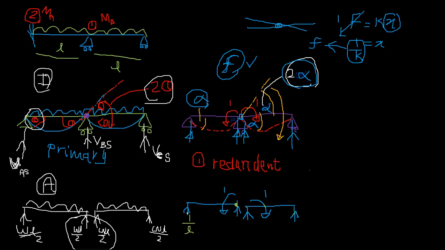So taking vertical equilibrium, only these two are the forces, right? This is a moment. So this would be minus 1 over L. This one also would be minus 1 over L. So altogether minus 2 over L, right? Here and here also 1 over L. Okay. So for the third redundant, sorry, second redundant,